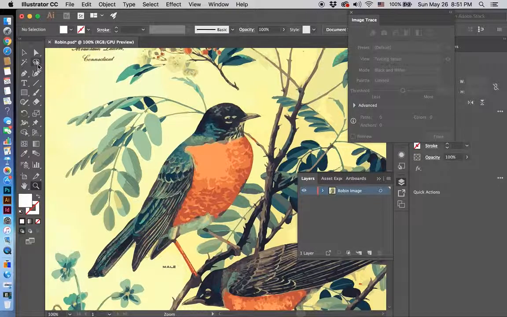So now I'm going to choose a selection tool. This is the lasso tool. It's a little different from the other selection tools we used previously. This one is just based on drawing around the thing that you want to select. So I'm going to draw around and I'm going to try and